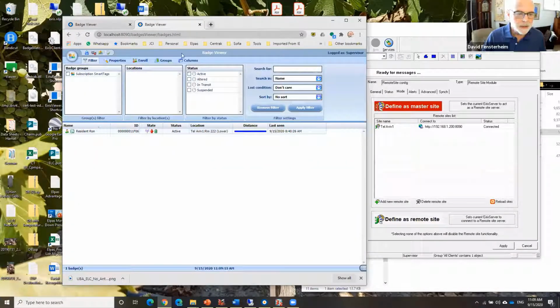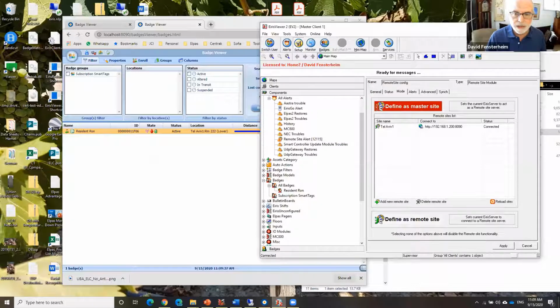But if I look in the client that's connected currently to the master, it says Tel Aviv 1, room 222, lower. So I'm tracking the tag and it's showing me the location on the master. If I'm a client of the master, I see site name, reader name as the location of the tag. If I have a look now at my database,